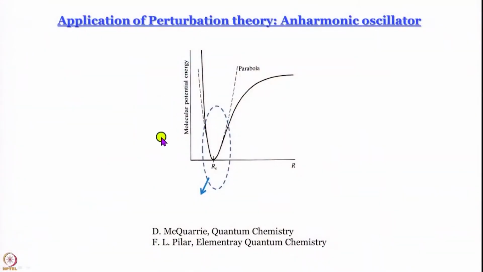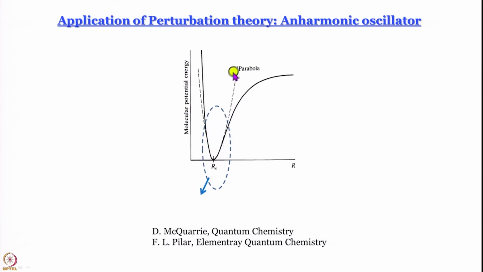Now we have learned earlier in this course that one can talk about vibration of diatomic molecules, and one can model them using the simple harmonic oscillator model. And we know that we can solve the Schrodinger equation exactly for this kind of system, the simple harmonic oscillator, and we know what the solutions are. We are going to revise once again today, but then we also understand that this simple harmonic oscillator with parabolic